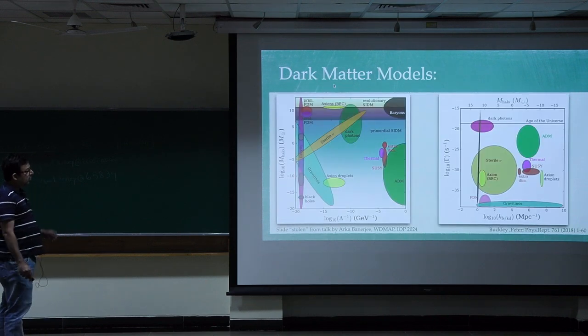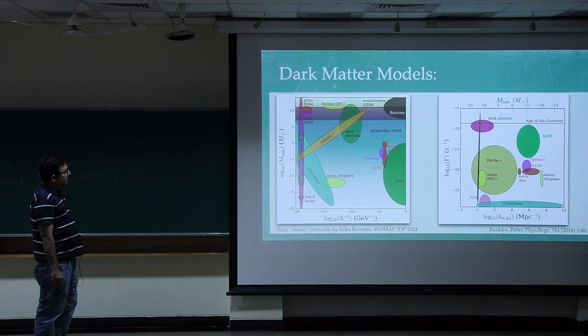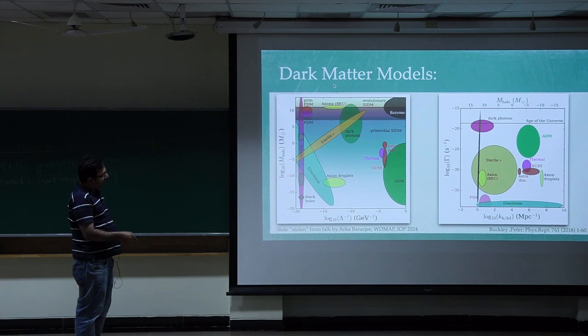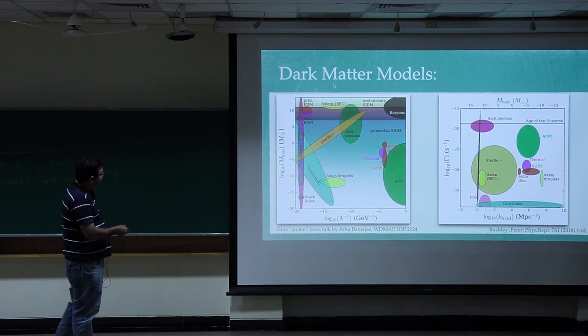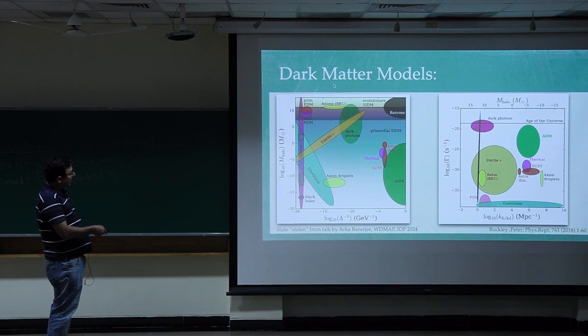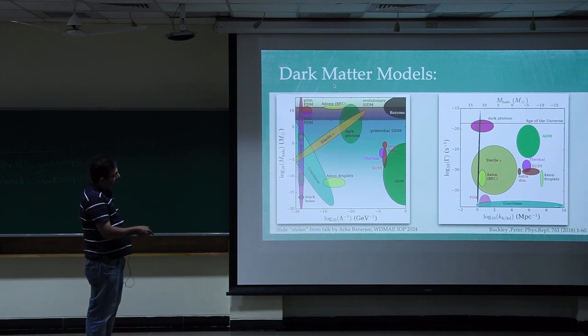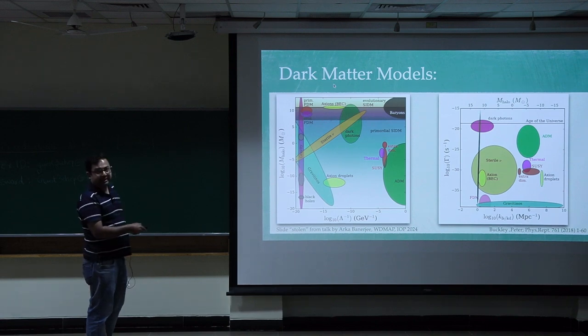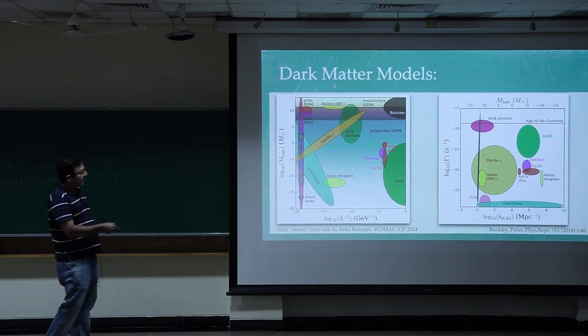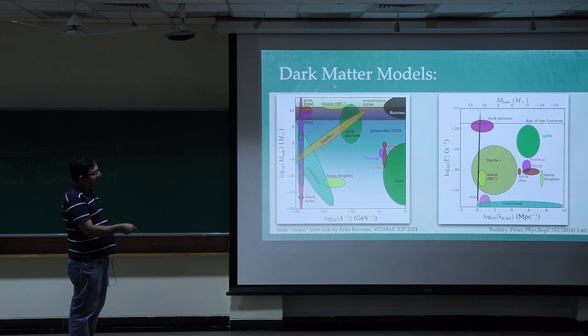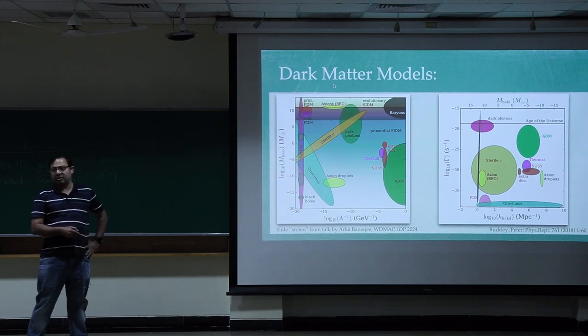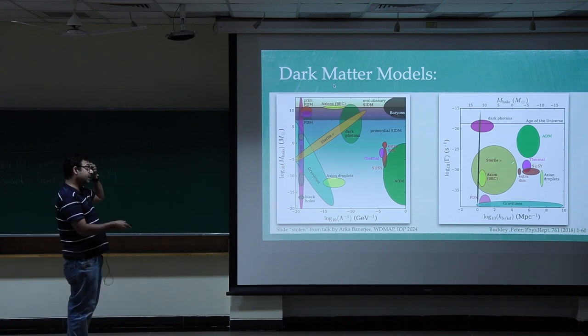So here is the model space of various theoretical models. If you look at this plot, maybe this one is better for the theorist, because this is the coupling versus the halo mass function, and this one is better for the astrophysicist. This is the line of linearity versus non-linearity in the collapse. So anything above this is purely safe. Here are SUSY dark matter models, which are basically cold dark matter, and everything is safe over here.